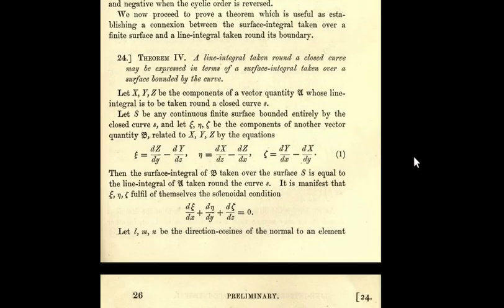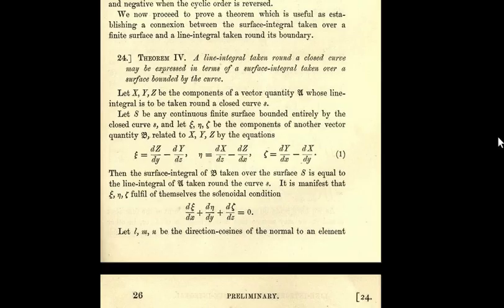Theorem 4. A line integral taken round a closed curve may be expressed in terms of a surface integral taken over a surface bounded by the curve. Let x, y, z be the components of a vector quantity q, whose line integral is to be taken round a closed curve A. Let S be any continuous finite surface bounded entirely by the closed curve A, and let